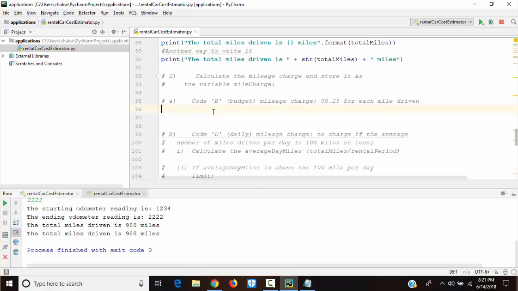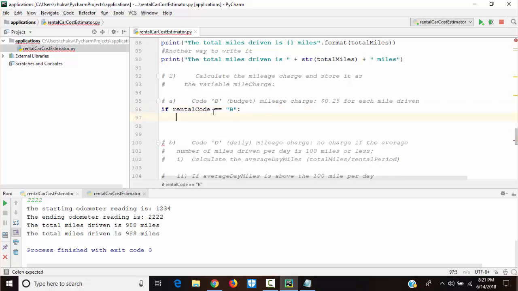For the budget, we have to use a conditional statement here. If the customer wants budget, then the mileage charge will be 0.25 times the total miles. That's what it's going to be. So we'll say if rentalCode equal the budget, then mileage